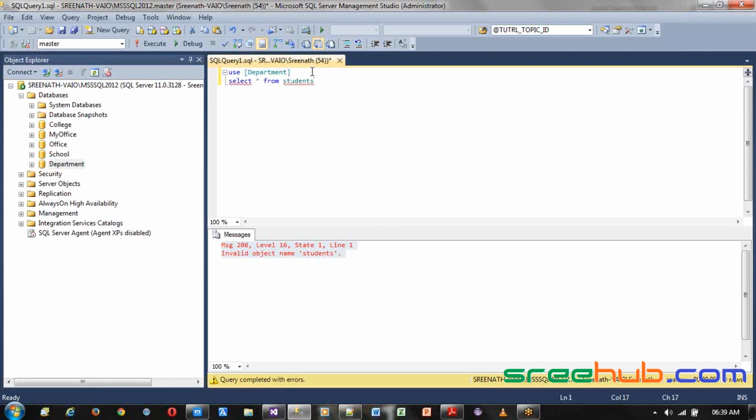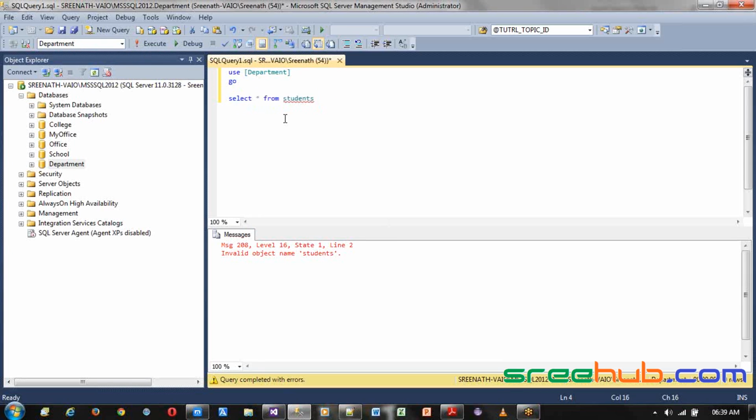Let's say I'm going to use the department first. Whenever you say use department and go, let me run this. Whenever you select anything in your SQL and execute, only that part of the statements will go. When I click on execute, you can see the command successfully executed, and it changed to department. Which means if you just leave it and execute, it will automatically change to department and run